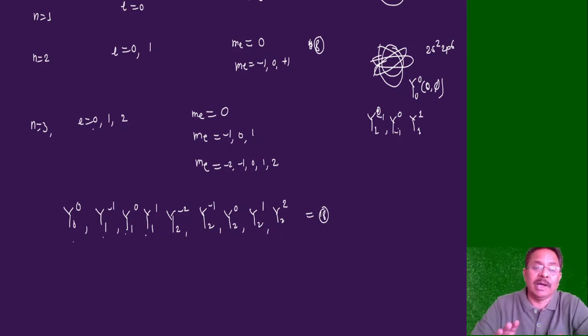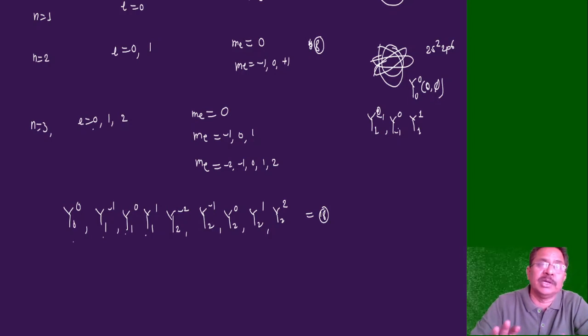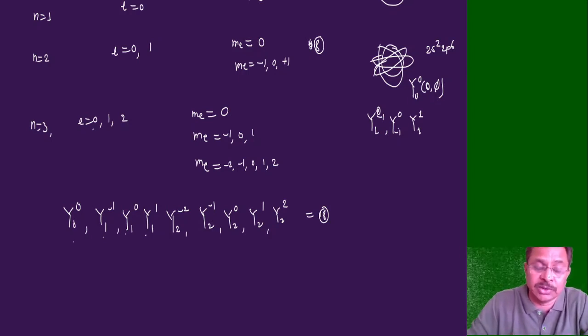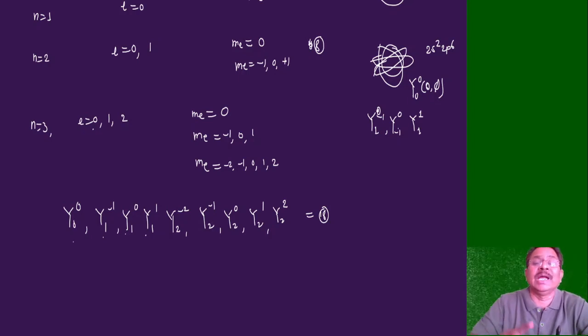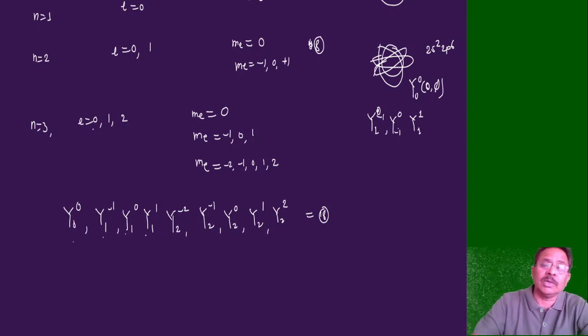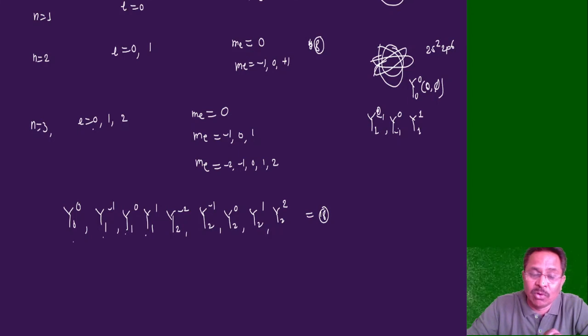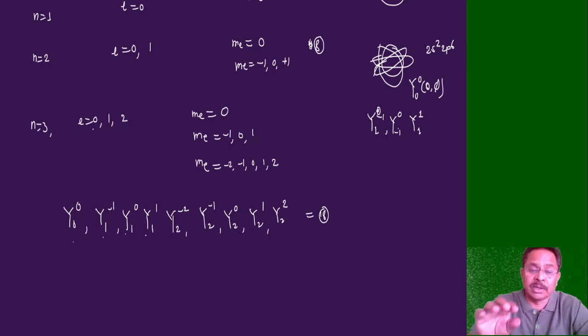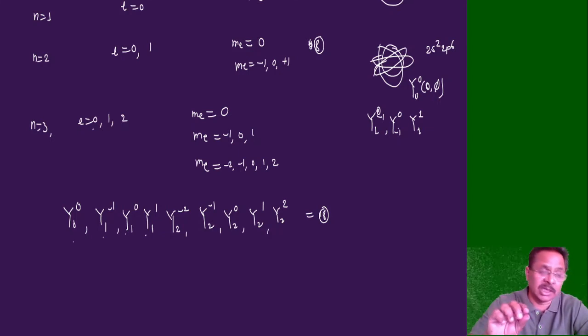So all Y l, m, if they are plotted, we get nothing but the orbitals of the electrons in the hydrogen atom, for n equal to 1, for n equal to 2, for n equal to 3, and this is the actual application of the spherical harmonics. Actually this is not part of our syllabus, but unless we go for its application in quantum mechanics, we do not understand what spherical harmonics are. So here we have finished this particular concept of spherical harmonics.